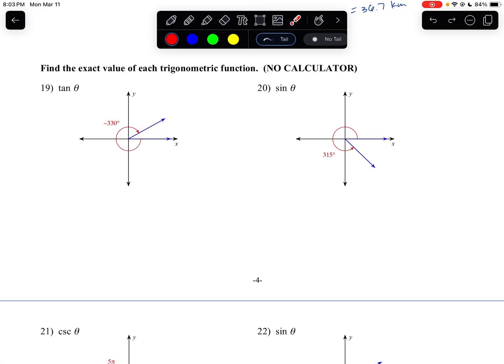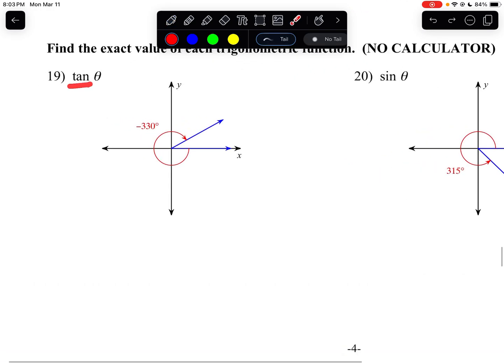Alright, so we're going to finish with the non-calculator section, so no calculators here. Find the exact value of each trigonometric function, no calculator. First, I'm going to look at tangent of theta. Here's the theta that we want to use, so we're using this angle. I know that tangent is going to be